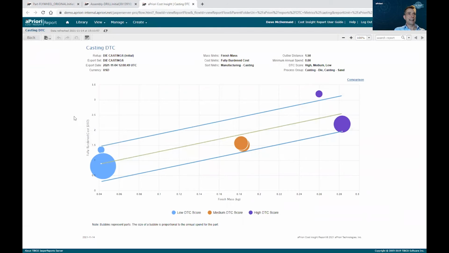So if I plot all my die castings here on a graph of cost along the y-axis versus mass or weight on the bottom axis, I can see a trend for die castings. Weight and cost are somewhat proportional, but this component is above the line. It's more expensive than it should be. And the color of that bubble represents its manufacturability. Purple is bad. Therefore, in a sea of opportunities that all have DFM issues, these are the ones that I should actually focus my attention on and go and fix before the ECOs come along, because they're going to really hurt me.